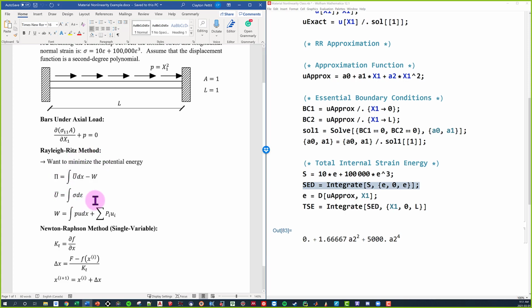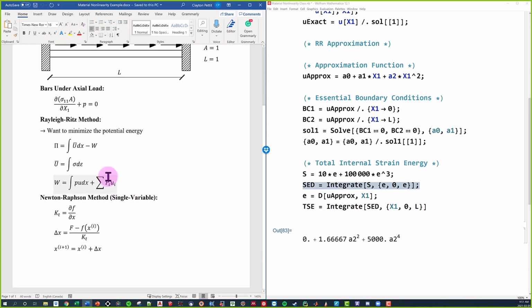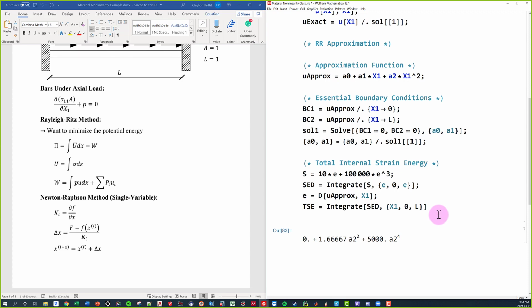If I were to give you a nonlinear question like this on the final, I promise that it will abide by these rules right here. Or basically, I promise that it will be the same as the example. That's my promise to you guys. Don't worry about all this. It's not fun to look at, I don't blame you guys. So that's going to be our total strain energy. That's that first component right here.